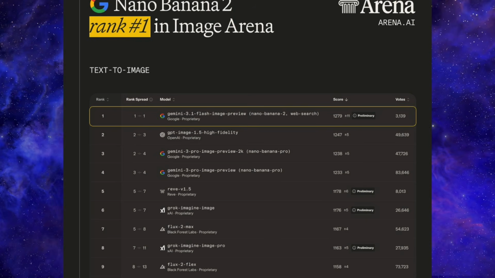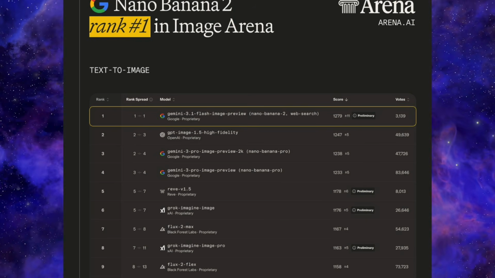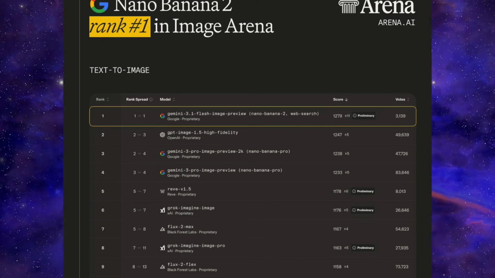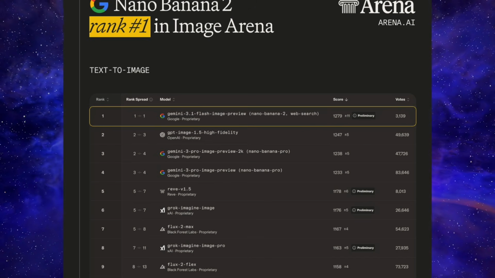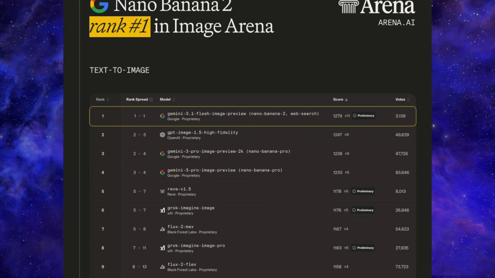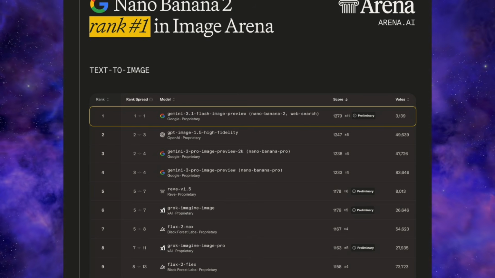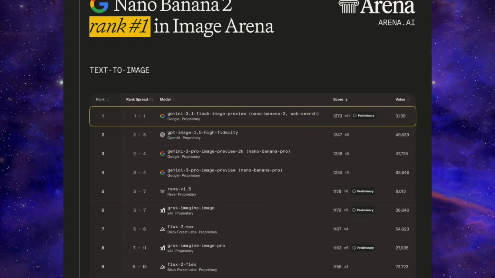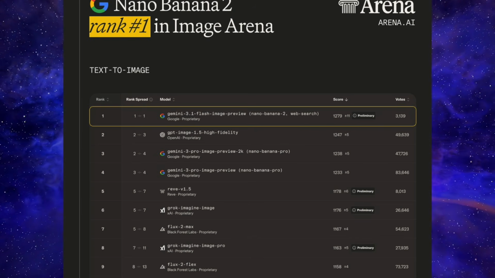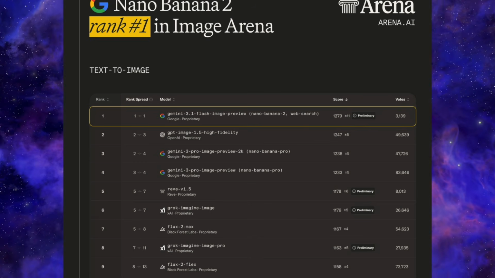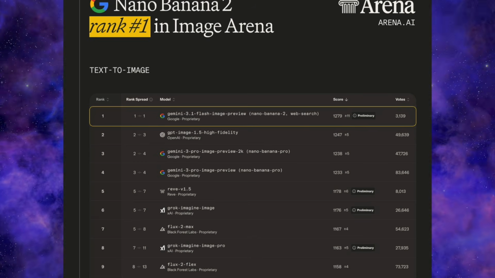And look, the internet already agrees. Nano Banana 2 just debuted at rank number 1 on the Arena AI text-to-image leaderboard with a score of 1279. It's already beating GPT Image 1.5 high fidelity from OpenAI, which sits at rank 2 with 1247. It's ahead of Nano Banana Pro 2K at rank 3 with 1238 and standard Nano Banana Pro at rank 4